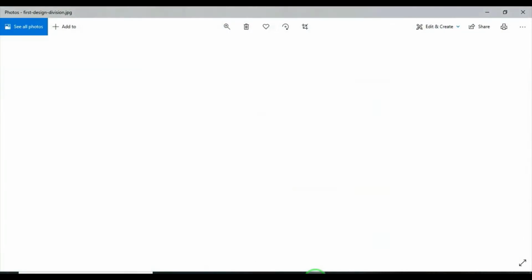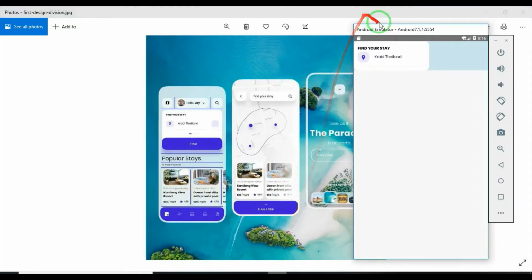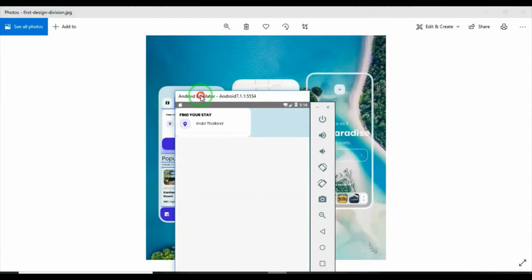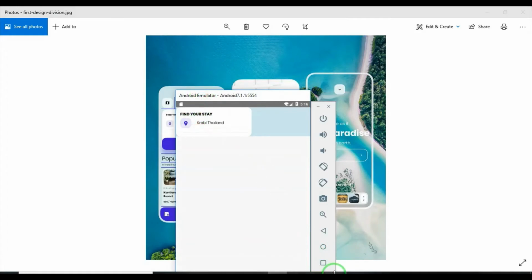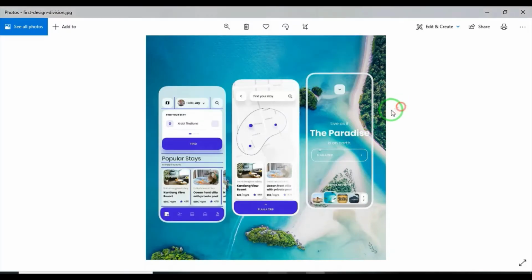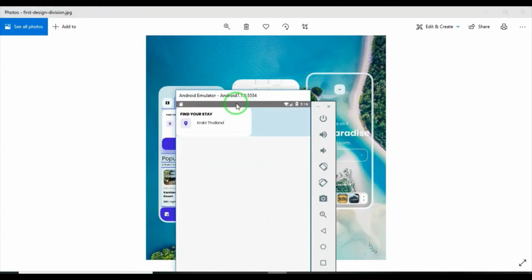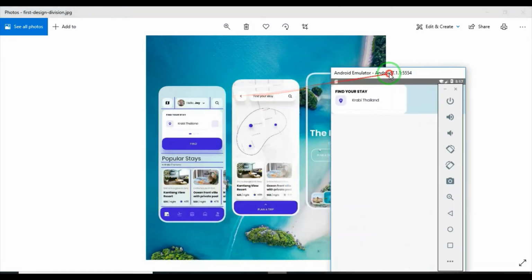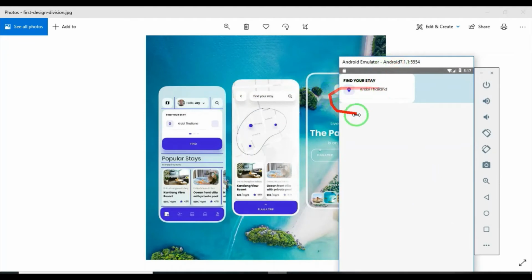I think it's okay. Border radius should be reduced. 12, maybe. No, I think it's okay. Okay, our cards are ready,